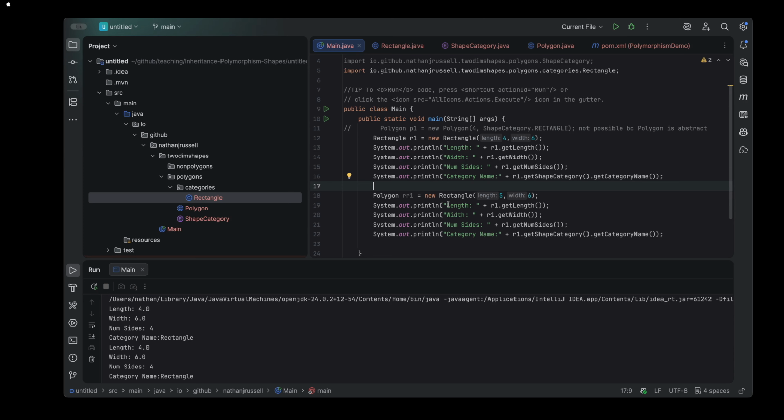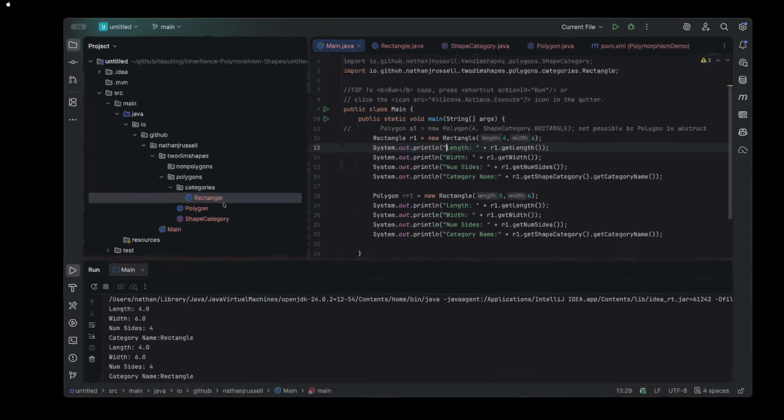Okay, so you have rectangle 5, rectangle 6. Okay, so I've experienced something here that's kind of catching me off guard. This shouldn't run because I've declared polygon. Oh, I see. Sorry. RR1. Okay. My bad. Copy paste here. Now, notice that it's complaining about this because whenever we set the top for this, we're declaring it